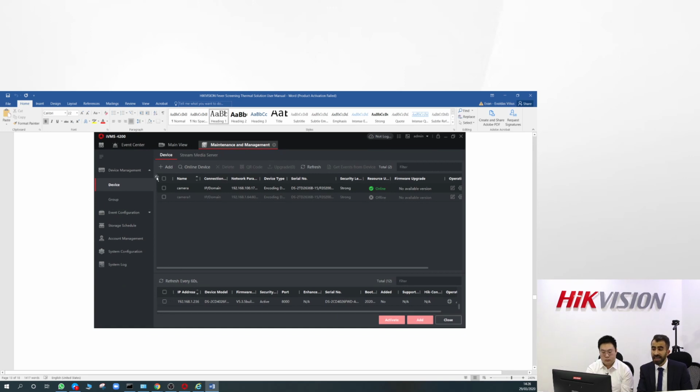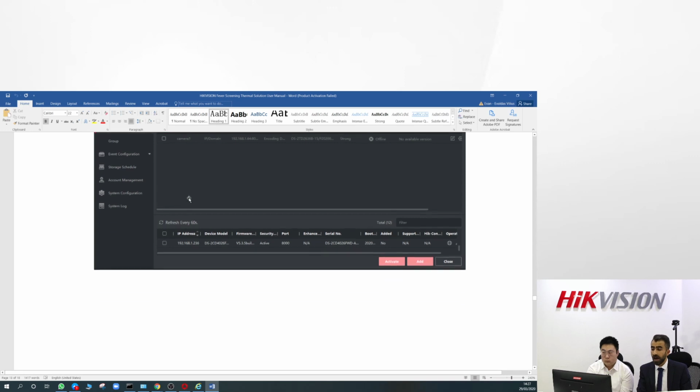Click here, just make add. You can add automatically or you can add manually. Just enter the username and the password of the camera. It will be added and active. After you add the camera,